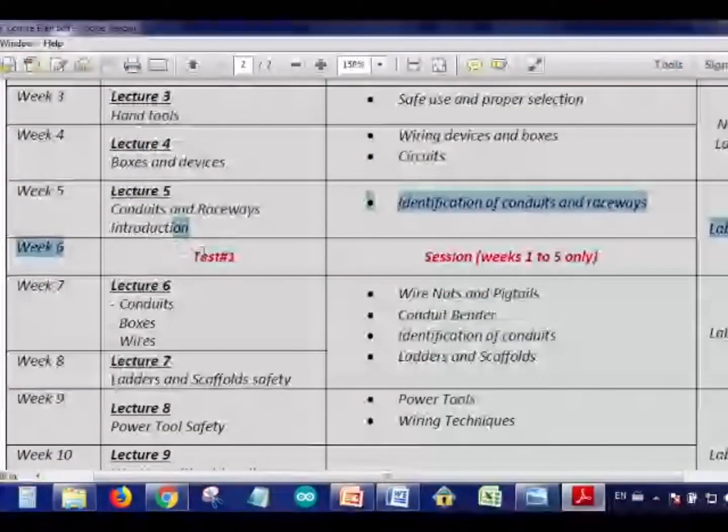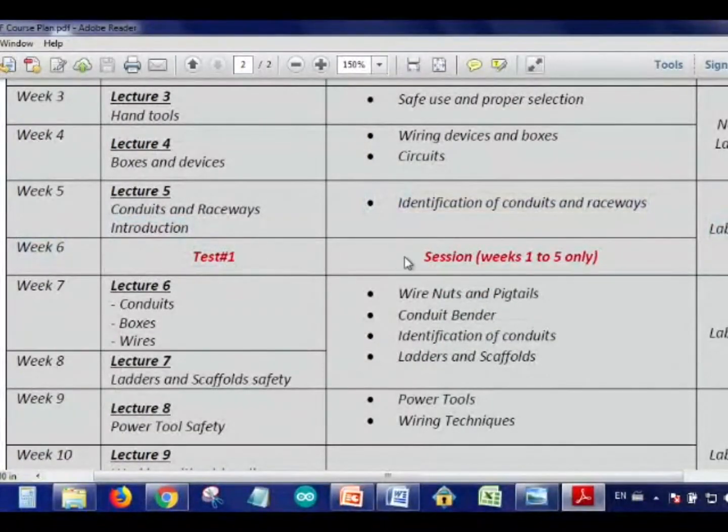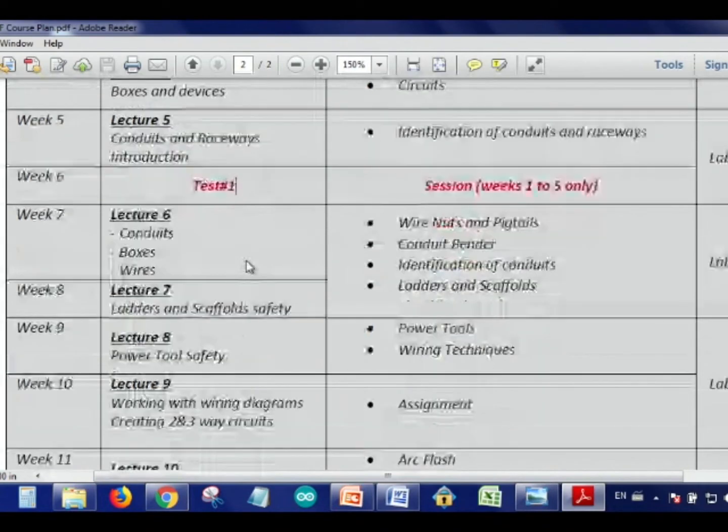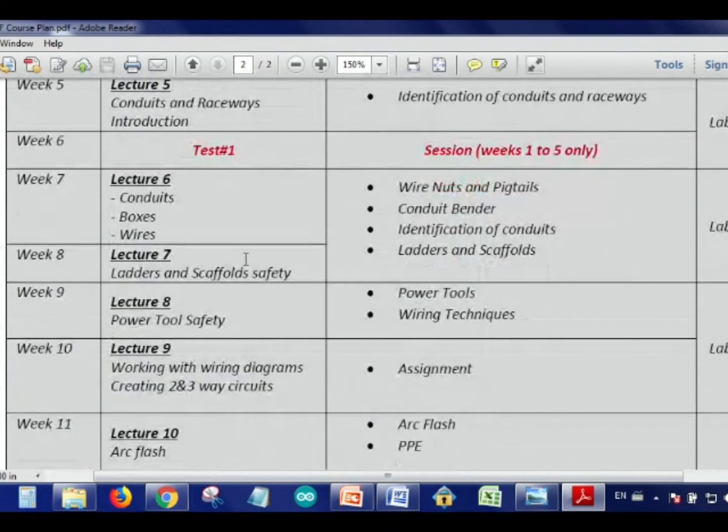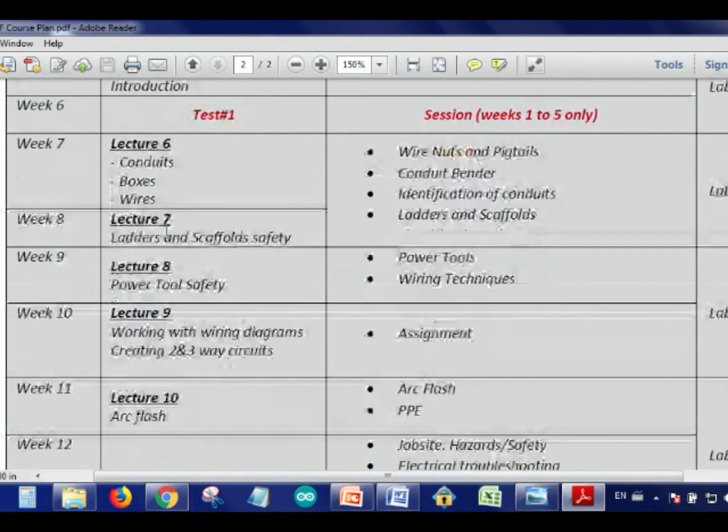I'm still trying to make sure of these test dates, so they might change slightly, or maybe not. I just want to make sure that they are not conflicting with other courses here, other tests, so your heads don't explode with having to get ready for too much. Okay? Then conduits and boxes and wires, that's what we're going to be looking at. So conduits and raceways will be continuing from conduits and boxes and wires. There's a reason for that.